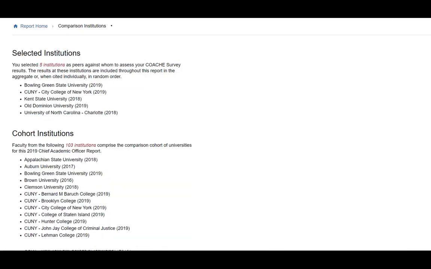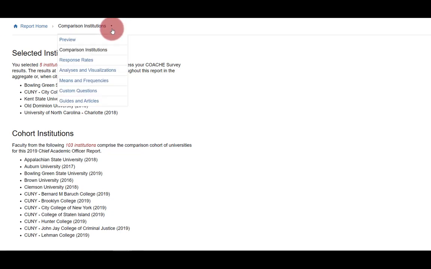Next up, the Comparison Institutions tab is where you'll find a list of the 5 institutions you selected as peers, as well as the entire cohort of institutions whose data your institution is benchmarked against. As we navigate further through the report, the distinctions between these two groups will become more clear. Note as you work through the report that the breadcrumbs in the header allow you to quickly move through sections